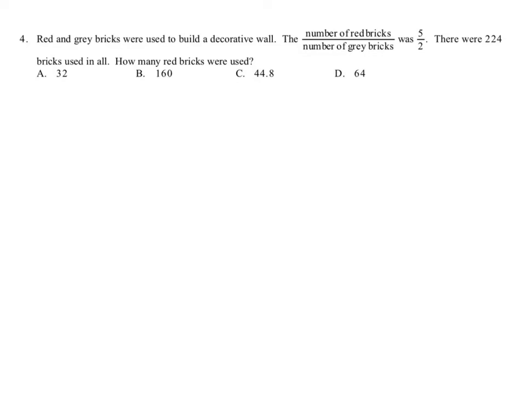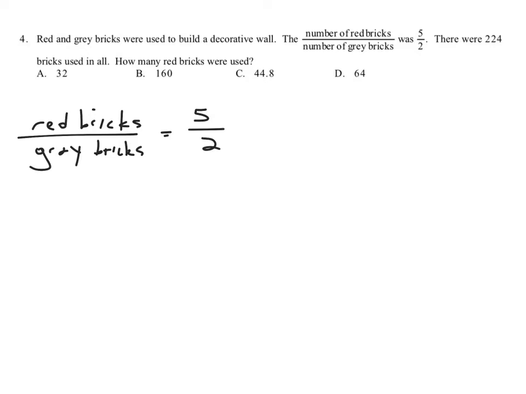Okay, lots of folks had questions about this one. The number of red and gray bricks are used to build a decorative wall. The number of red bricks and gray bricks was 5 to 2. So you could say if the number of red bricks was actually 5 and the number of gray bricks was actually 2, that would make that ratio of 5 to 2, but